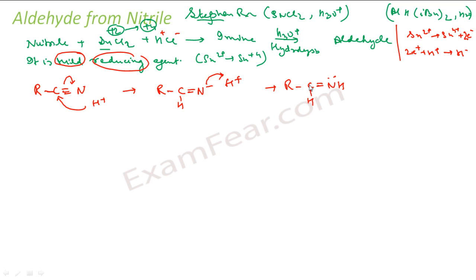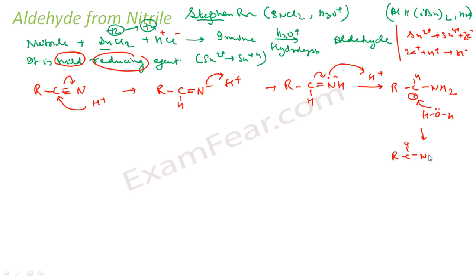Now I am doing a hydrolysis. Correct. Now I'll do a hydrolysis. I am adding H3O plus, that is H plus and water. Correct. So the moment I do a hydrolysis and I am adding water to it, what will happen is, since it has a lone pair, this will get attracted here and this bond will break. So what I will get is RCH with a positive charge and NH2. Correct. Now since I have added H plus and water also, so let me add water here. Water has a lone pair of electrons and will get attracted towards this positive charge. Correct. So with this, what you get is